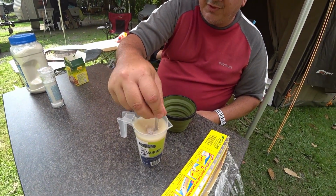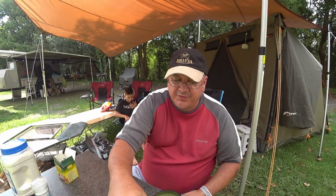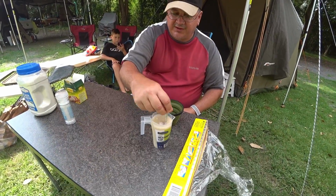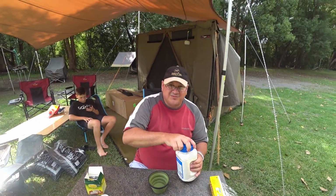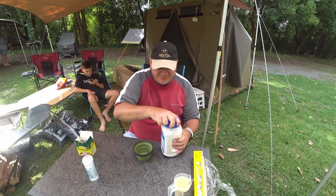How long do we let that sit for? I usually let it sit until it starts bobbling on the top. When you see it start bobbling, it's activated then. Now, normally I like to make the pizzas decent size. So I'll mix about a cup of